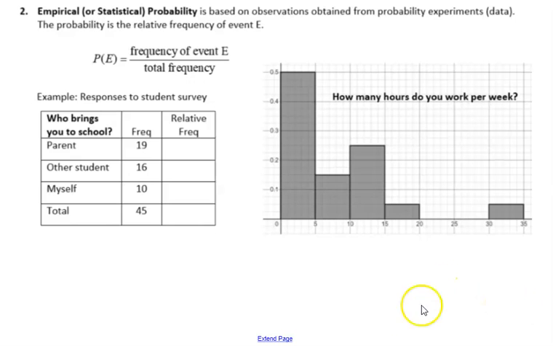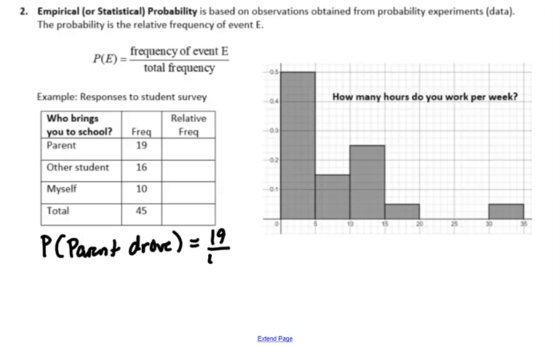So let's say I've got a table of responses to my student survey, and for the question, who brings you to school, your parent, another student, or myself, I had a total number of 45 responses, and these are how many responded in each of the categories. So if I want to find the probability that the parent drove you to school, I'm going to look at the number of responses I got for parents driving, which was 19, divided by the total number of responses. So 19 divided by 45, which turns out to be